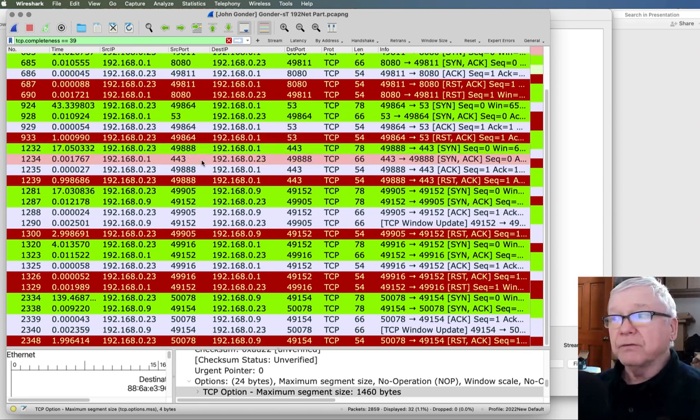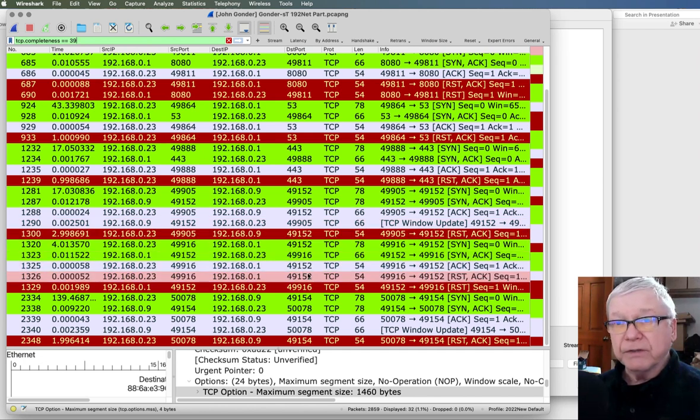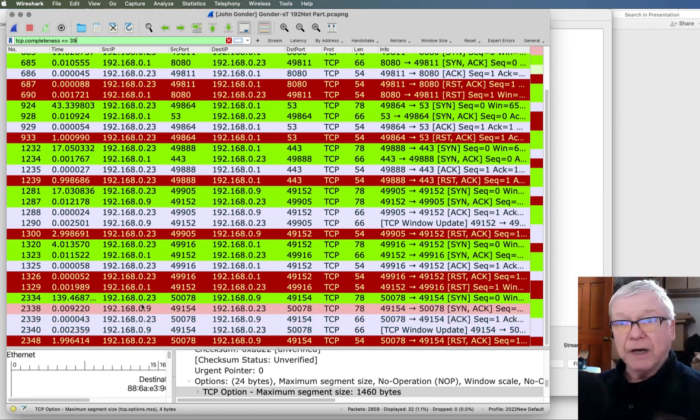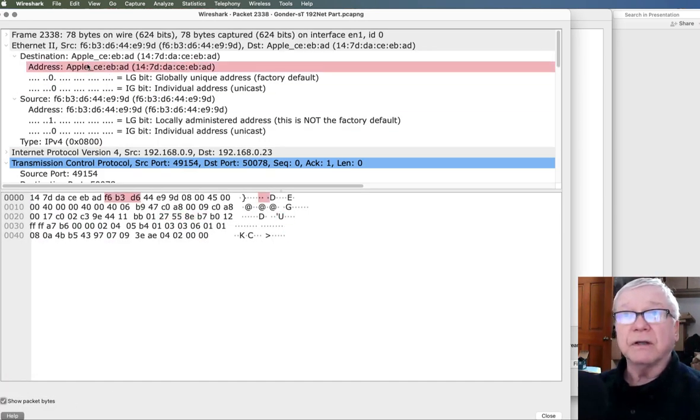So on and on. So here are the occurrences in which we were able to, in this scan, do a complete connection. Notice in this instance, .9, let's see, what is .9 anyway?